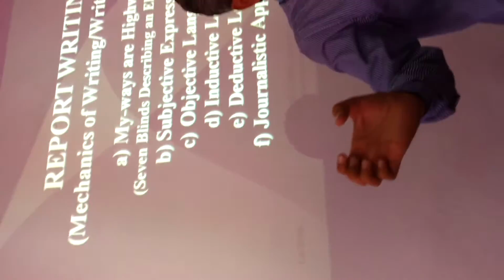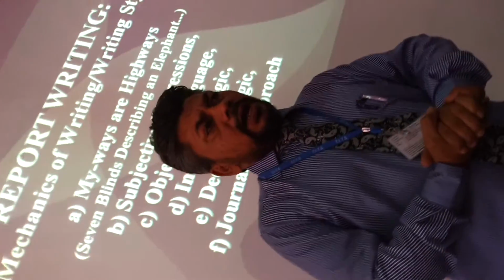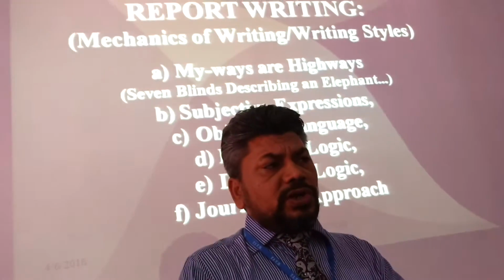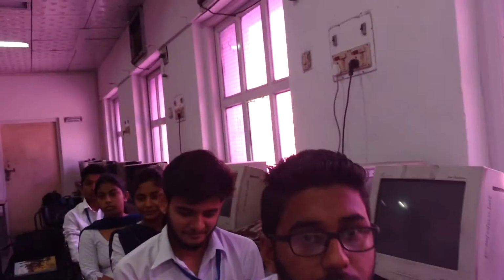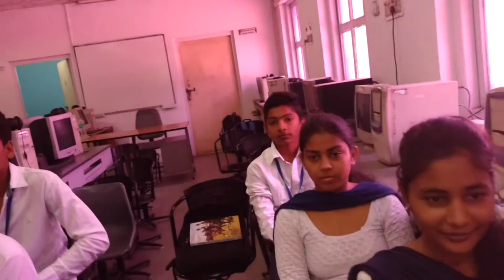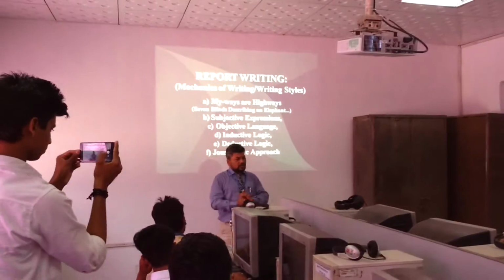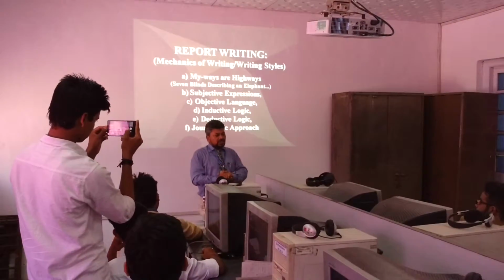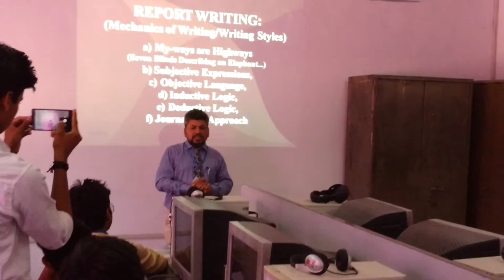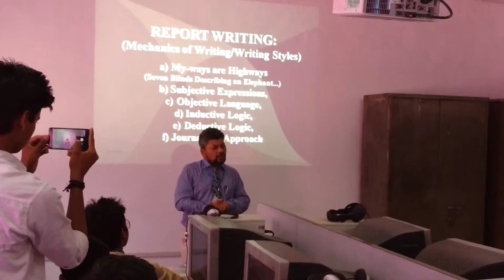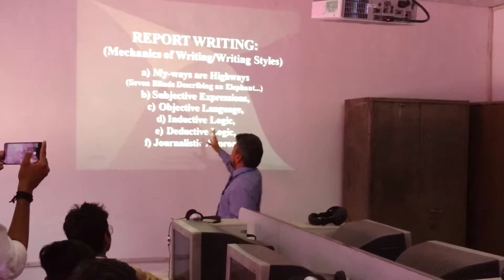All the WH questions are answered factually, and ultimately results come over. So journalistic writing answers these questions. First, what happened? When did it happen? Where did it happen? How did it happen? Why did it happen? If you are able to answer all these questions by this method, the journalistic approach, this is another way of writing, and our press releases and press reports are written in that way. So this is another mechanism of writing.